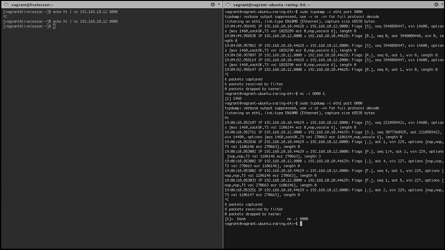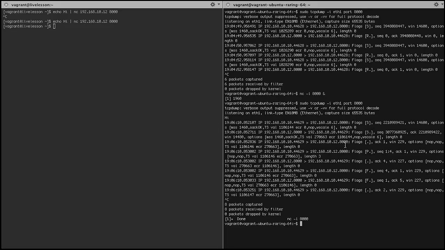I'm going to cancel my tcpdump. Now we have some more interesting information. From the CentOS box to our Ubuntu box, the same information, and it tried a SYN packet, just the same as above. And this time, the difference is the Ubuntu box was actually listening, and it replied with a SYN-ACK,